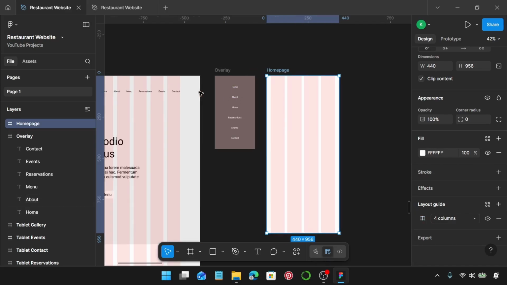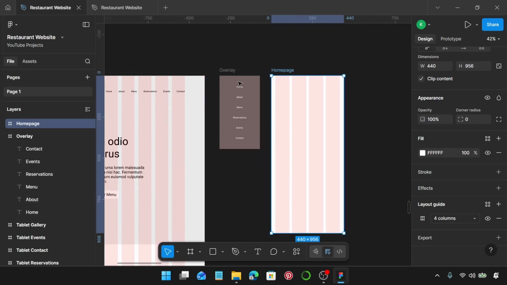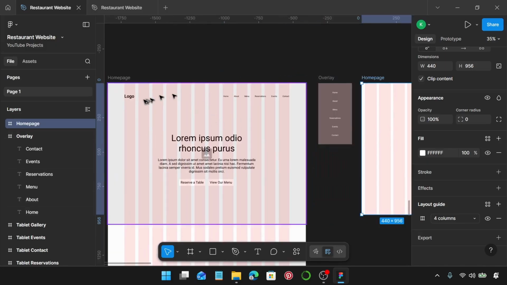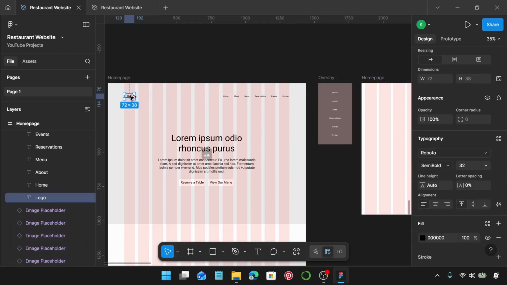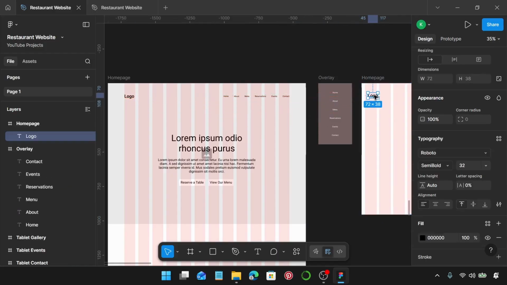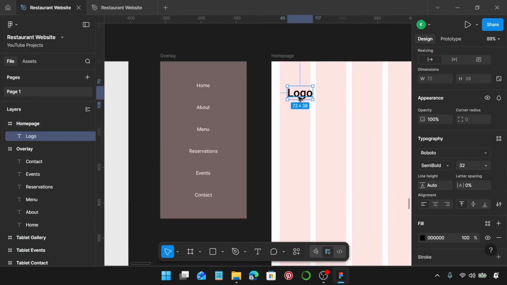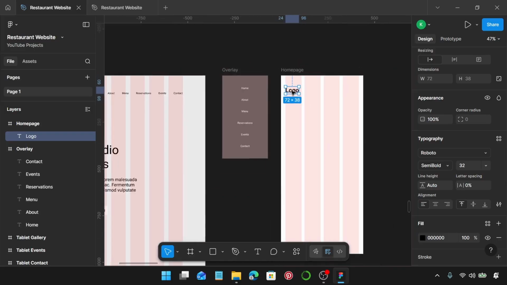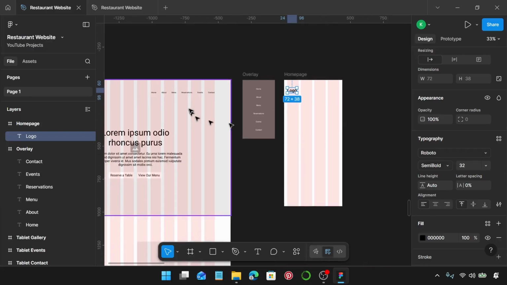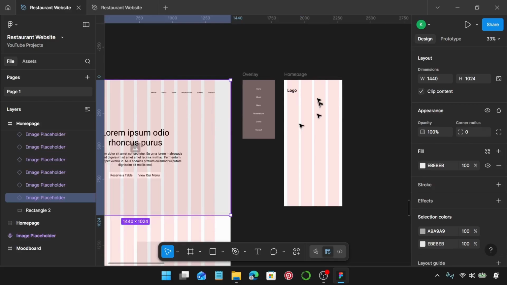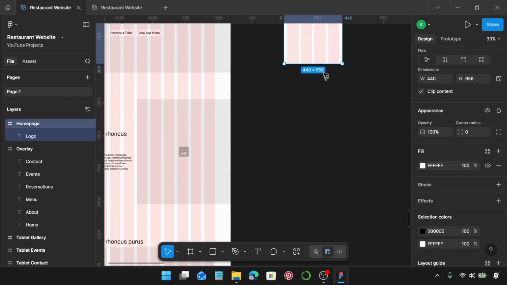So since we already have our header icons or the icons that will come in the overlay, we can just grab our logo. So I'm going to come over here, grab our logo, and I'm going to maybe just move it. When we're designing it, we'll figure out where it's placed. I'll just put it there for now. Okay, maybe I should have done the image first. No worries. I'm just going to increase the